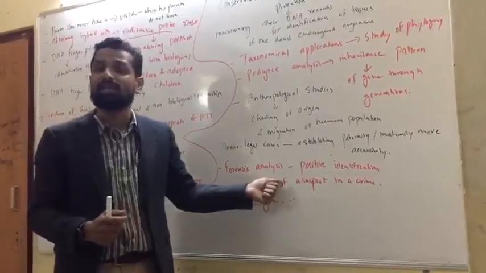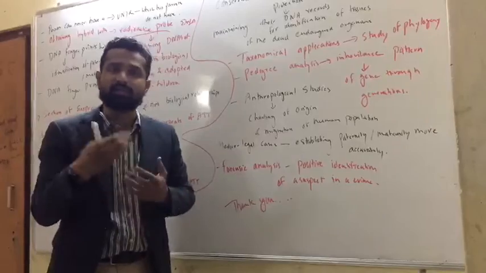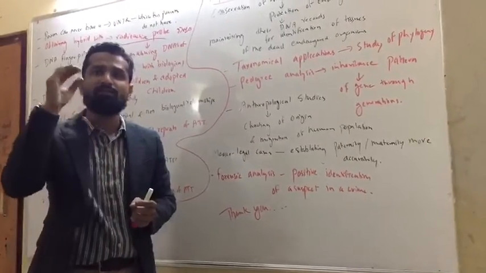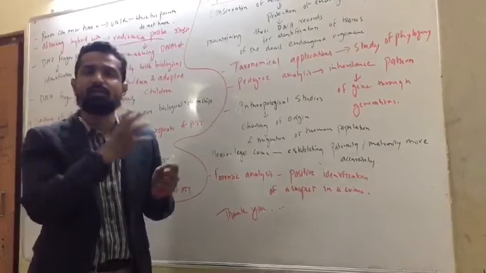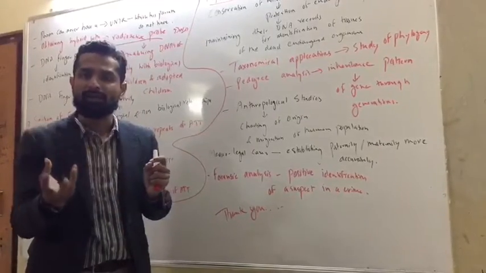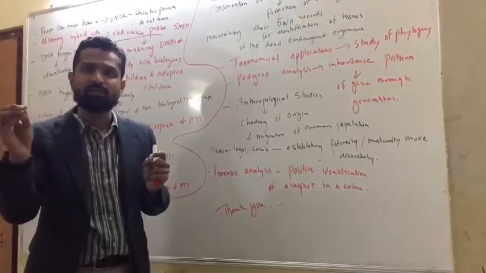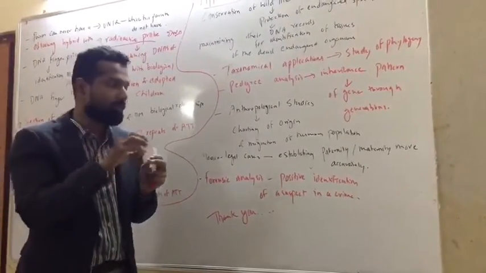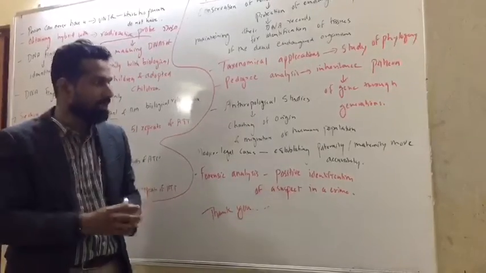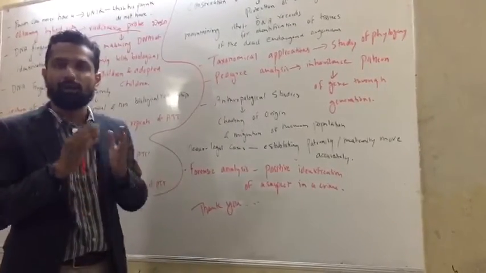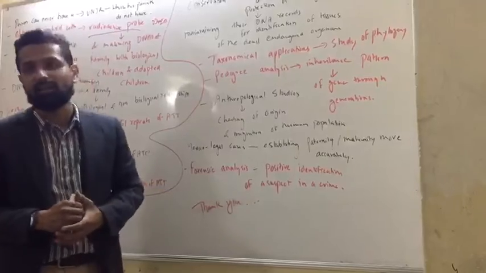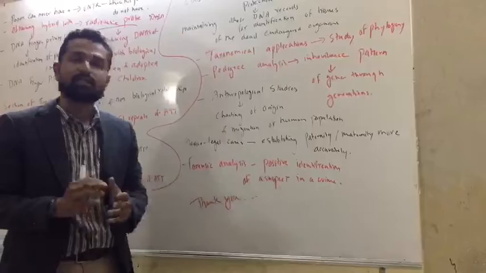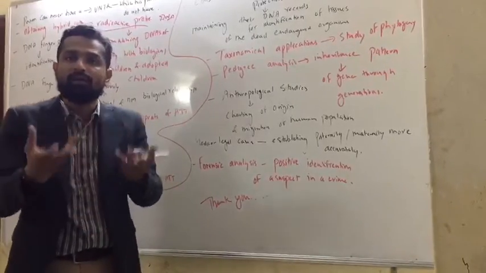And then forensic analysis. Number of times in my previous class I have explained to you that forensic analysis is actually a very tough type of biology which comes under genetics. So for any criminal activity at the incident, whichever things are obtained, such as semen or blood, from that the DNA is going to be extracted, and that is going to make a helpful report which will help for the identification, and like this the suspect in the crime is going to be revealed.